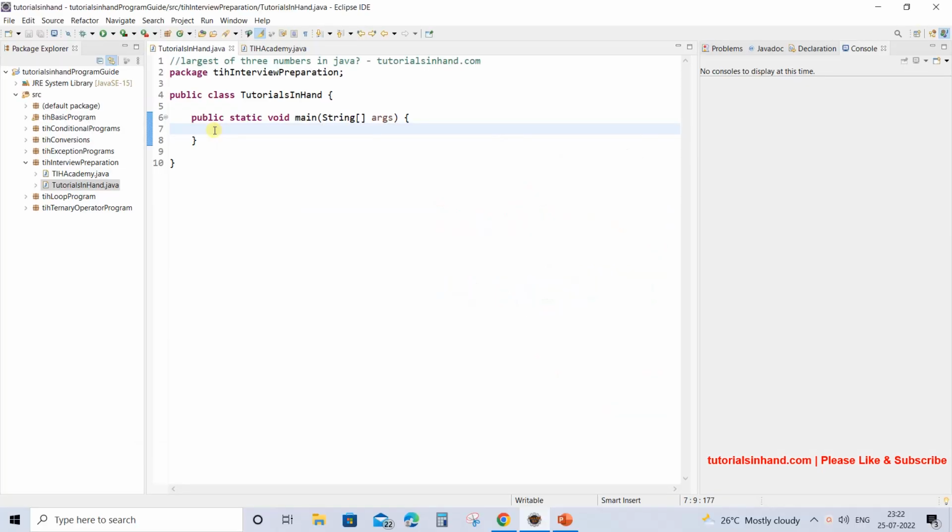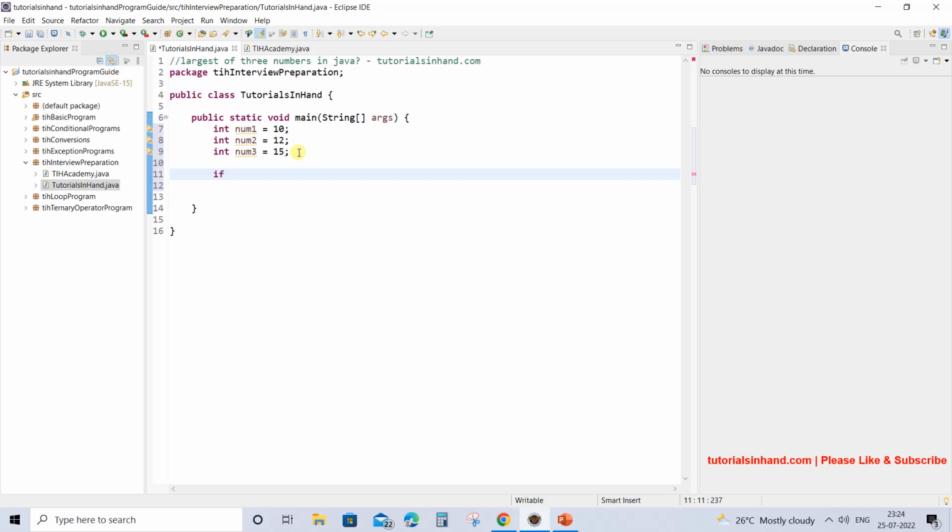In this video tutorial, we will check the largest of three numbers in a Java program. So we are going to quickly take three numbers. Suppose int number1 is equal to 10, int number2 is equal to 12, and int number3 is equal to 15. We check which among these three is greatest and then print the greatest number on the screen. For this we have to use if logic. Within if we have to check which of them is greater than the other two numbers.